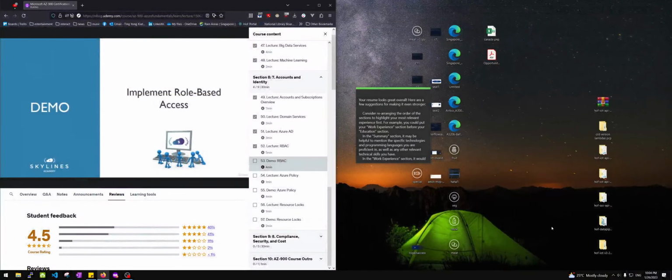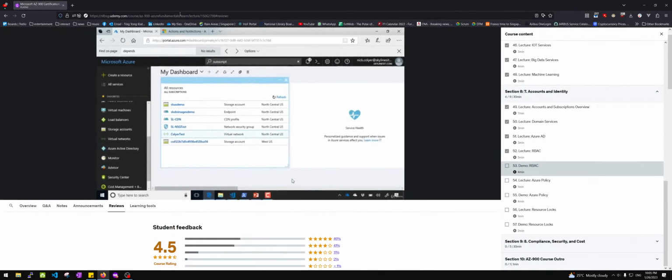In this demonstration, we are now going to go about implementing role-based access in our Azure environment. So let's head over to the Azure portal. And in the portal, the first thing we need to do is go